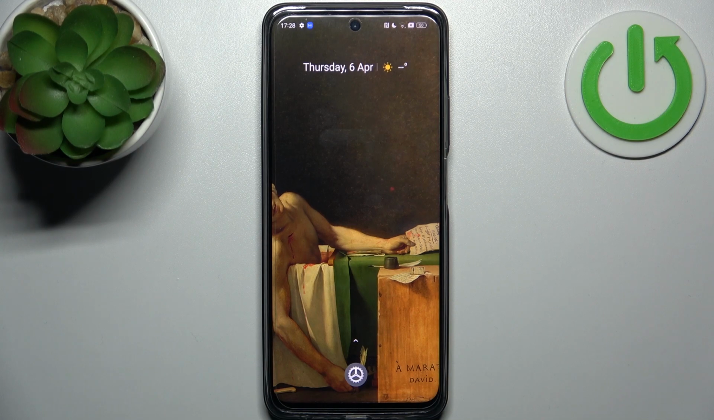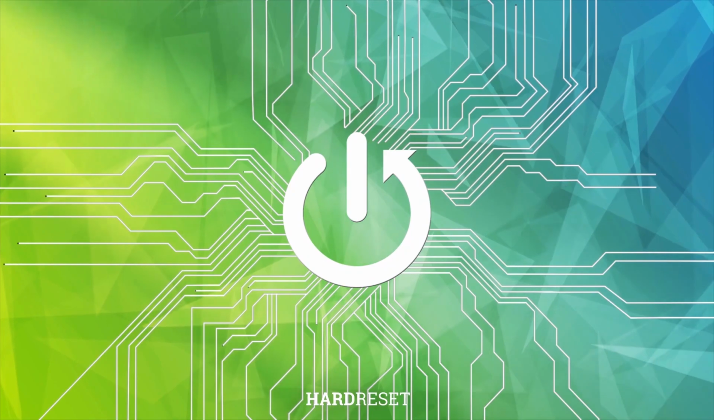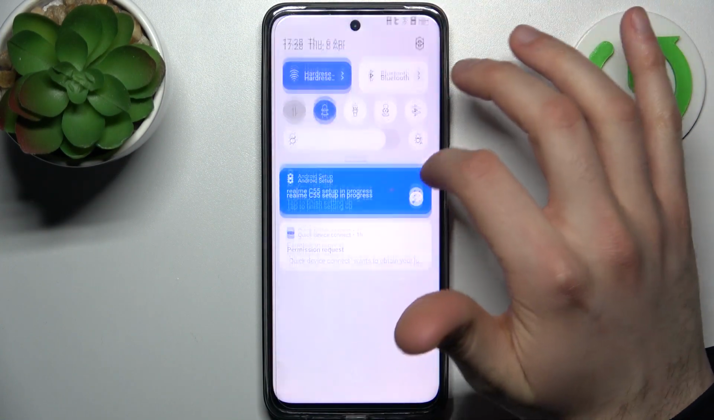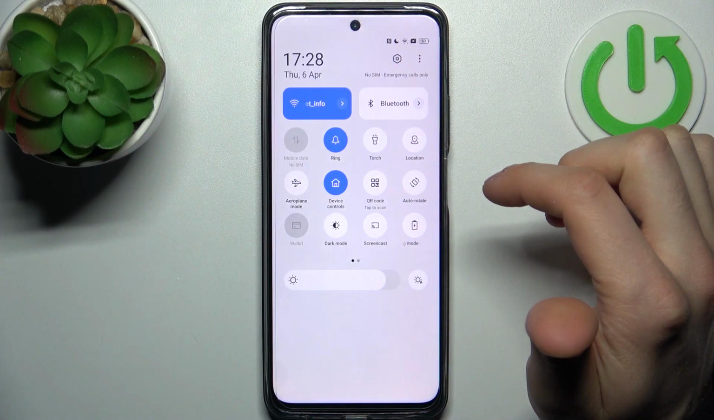Here I have Realme C55, and today I'm going to show you how to record screen on this device. So to do this, firstly you have to go to the upper bar, and here you can find the button